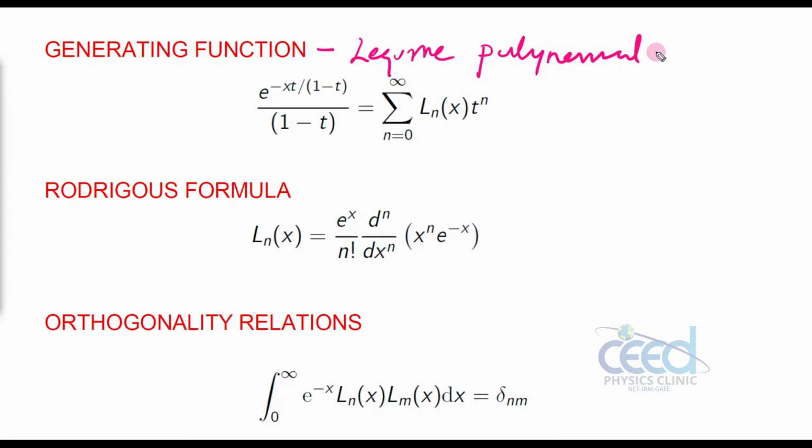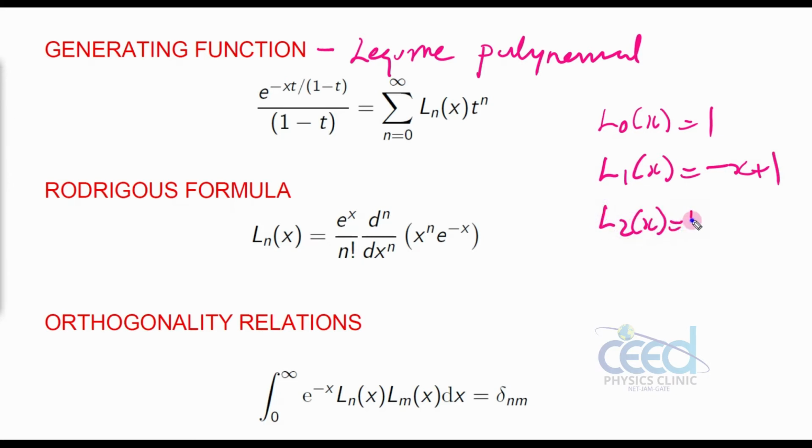In the last lecture we have seen what is Laguerre polynomial, what is Laguerre differential equation, and based on that we have discussed what is Laguerre polynomial, and there we have solved L0 of x that is equal to 1, L1 of x that is equal to minus x plus 1, right? And L2 of x we have solved as 1 by 2 into x square minus 4x plus 2. This is all we have seen, right? Now today we are going to discuss generating function.